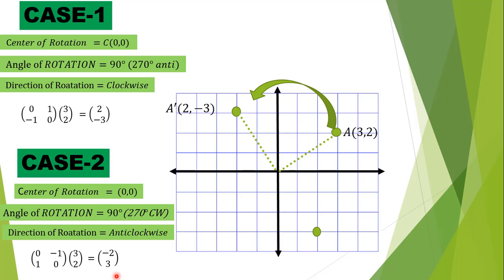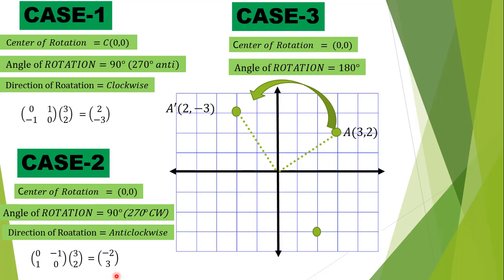And this brings us to the third and equally important case of rotation, case number 3, in which you are given two pieces of information. Number 1, the center of rotation. Number 2, the rotation angle, which is equal to 180 degrees. See students, direction is missing over here, and the reason is whether you rotate an image 180 degrees clockwise or 180 degrees anti-clockwise, you will reach the